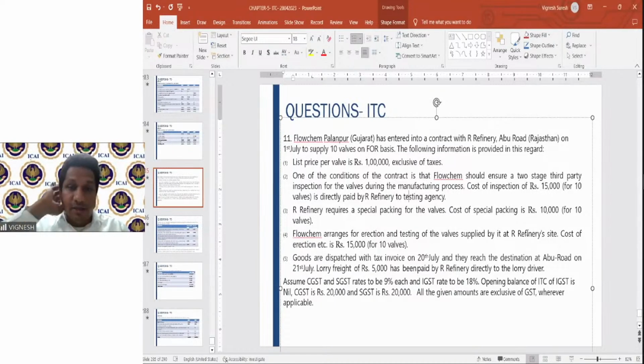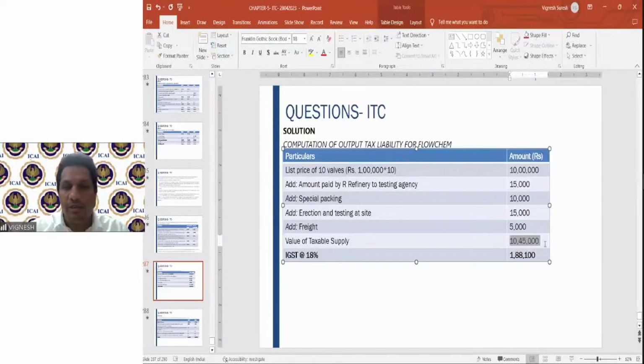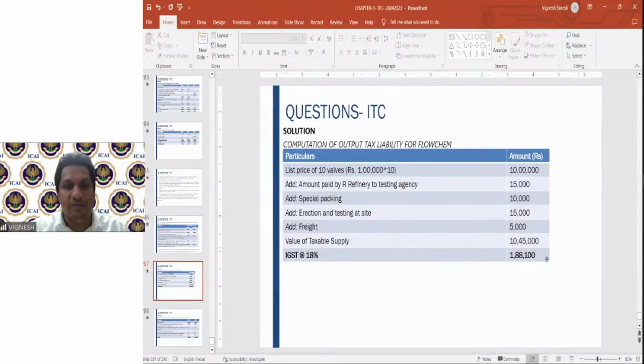Then, after that, what else will be added here in this one? If you see, value of taxable supply will come at 10,45,000. 10,45,000 is the value of total taxable supply here. 18% IGST. Very simple. Gross output tax liability is very simple here, the way you have worked out. Now you come to